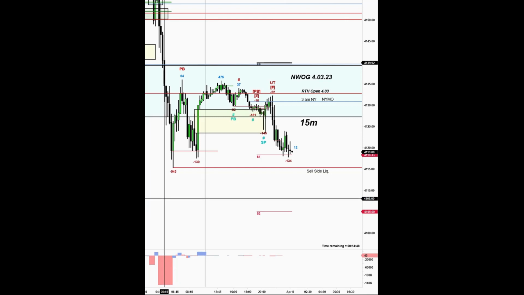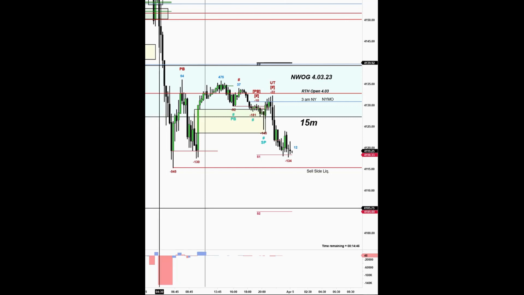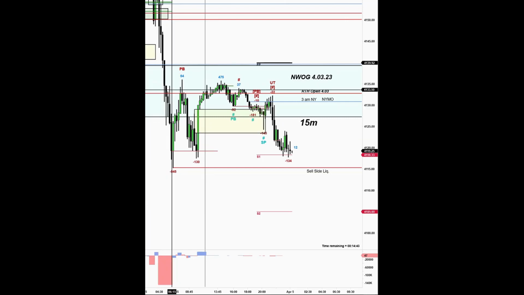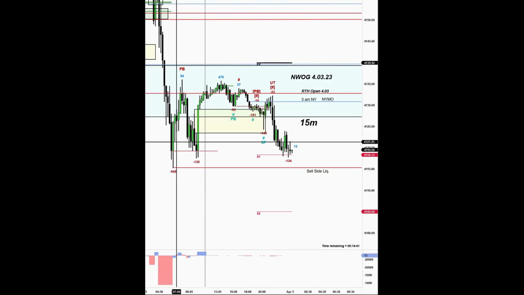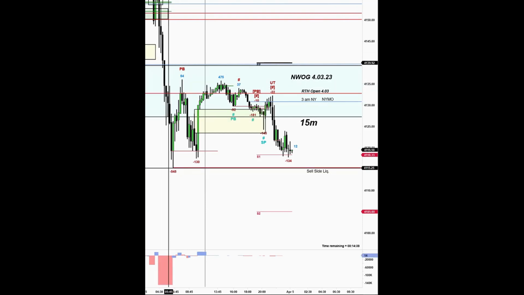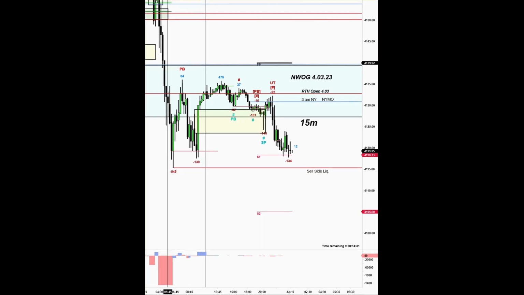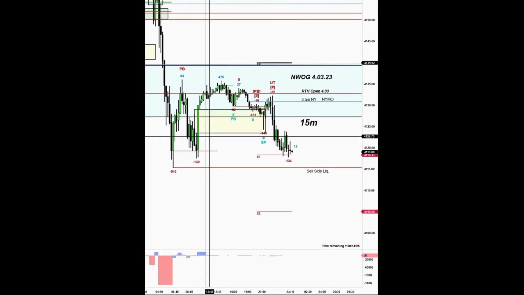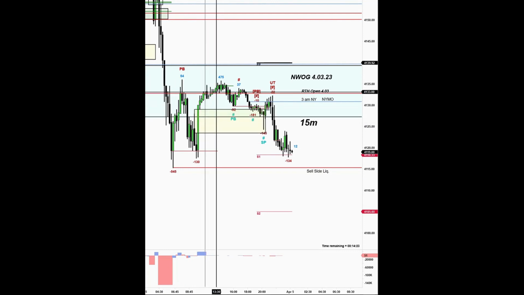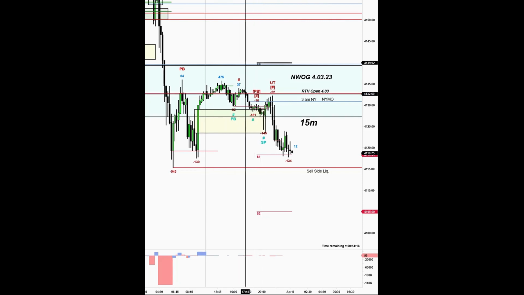Let's go to the 15-minute next. So this is the bellwether 15-minute chart for me. And we go back and encapsulate Tuesday's trade where we go all the way down to the sell side of 41.15. That was the low of the day, with the minus 545 delta. And you can see the strength of the hit on the order flow here, really deep bar. And then when we started the Asia Globex, we were in the zone where we were on April 3rd. So we haven't been able to really have escape velocity above